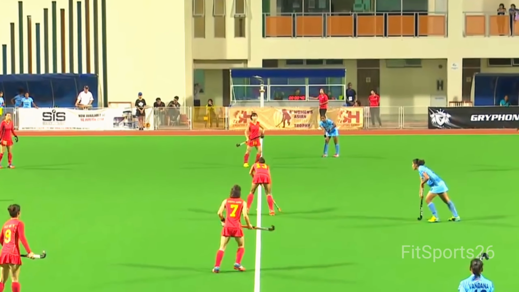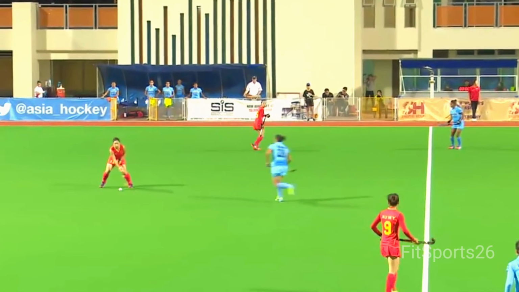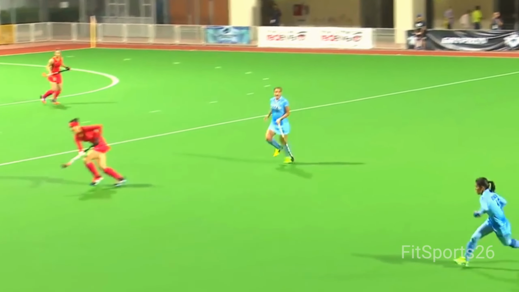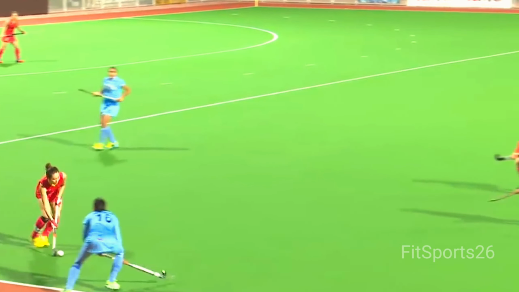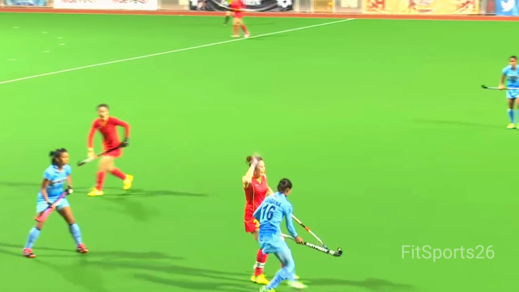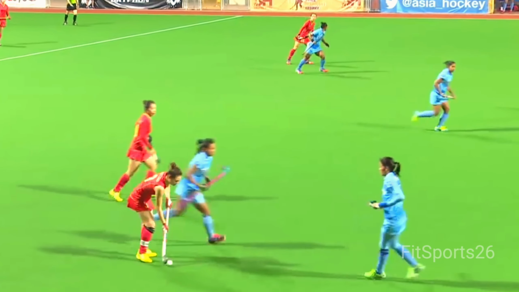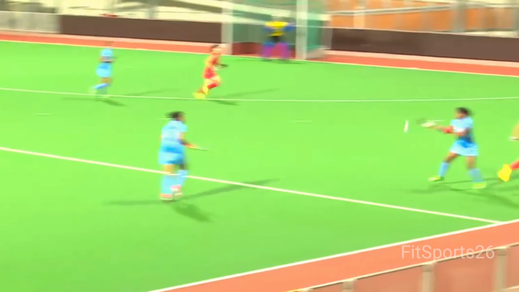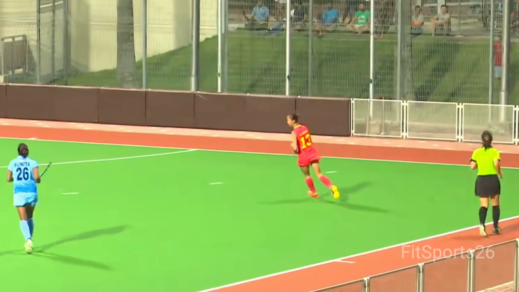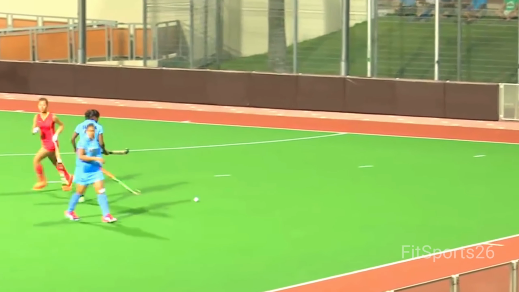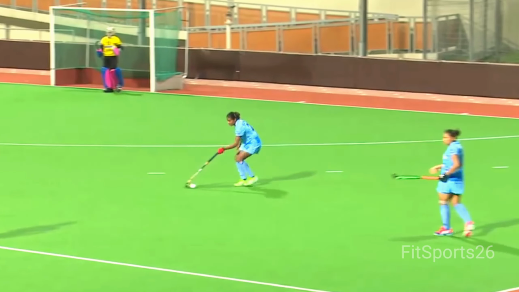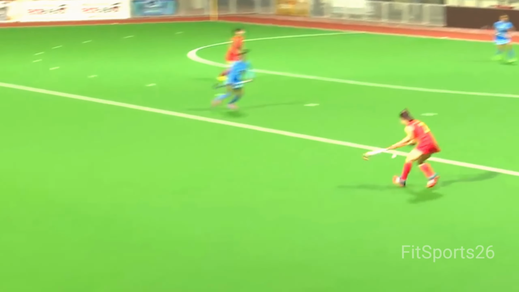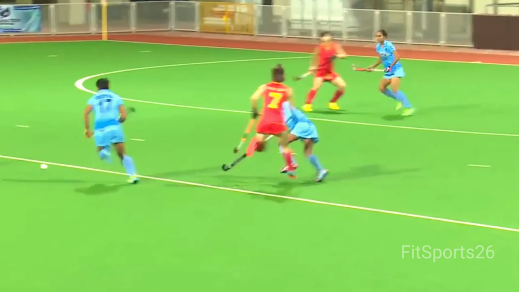Compared to what they did yesterday, China is really looking to try and get back into this game. We've got China in red moving from left to right on your screen. Overhead flick there from Shan Chuo, trying to look for Li Hong, but unfortunately for Li Hong, the ball runs off a little too far for her. We've got Sunita trying to do the same, but unfortunately for her, she's given the ball to Guo Chiu.